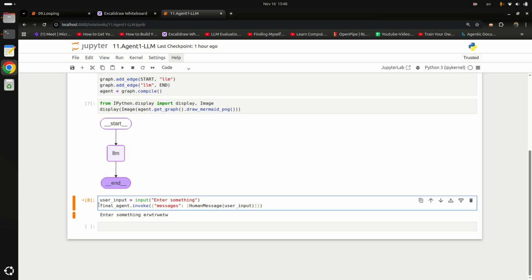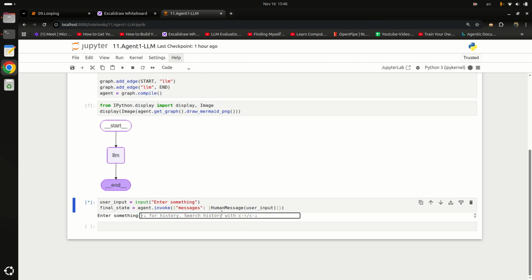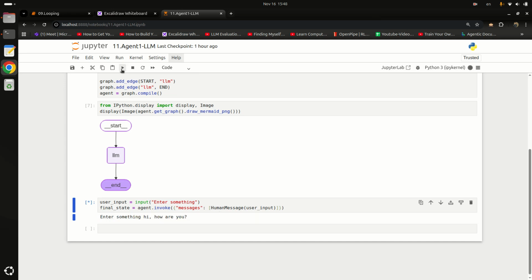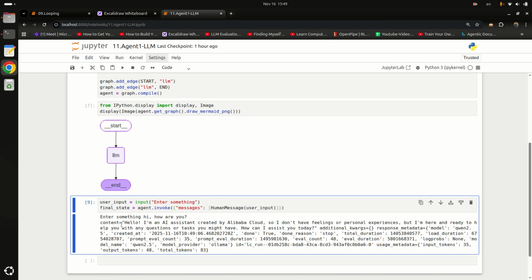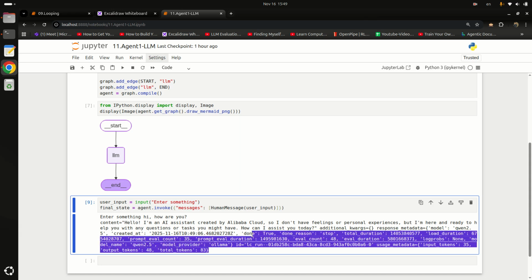I will store it in a final state variable. Let me just run it. Okay, if I type something like hi, how are you, and hit enter, it is running. It printed this message: hello, I am an AI assistant created by Alibaba Cloud, and there is some extra detail.